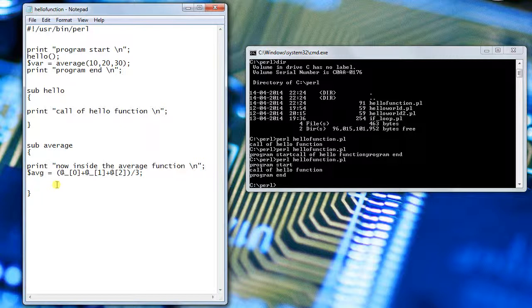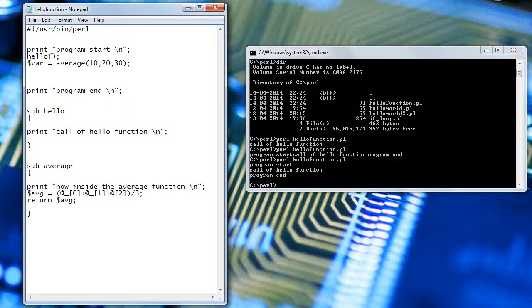Now I would like to return this value, return $avg. So I am returning this value, and after that I will print average equal to $var.